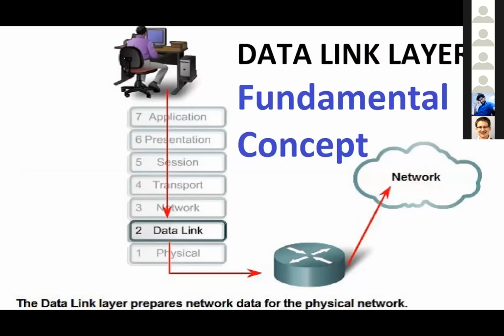Let us talk about this. The main function of the second layer, especially, is a very specific specialty: it has to make sure the data transfer is error free. There should not be errors. It should be error free. The data link layer's job is to make sure that data is error free from one node to another node. When the package arrives in the network, it is the responsibility of the data link layer